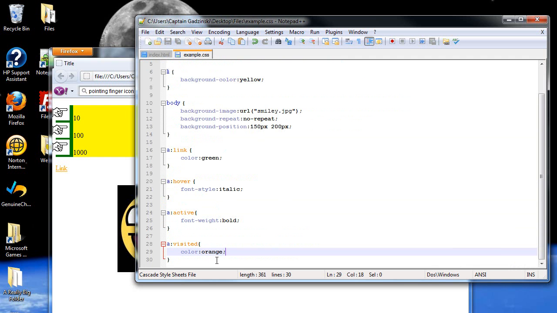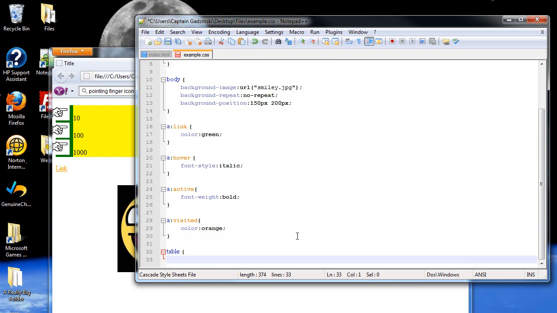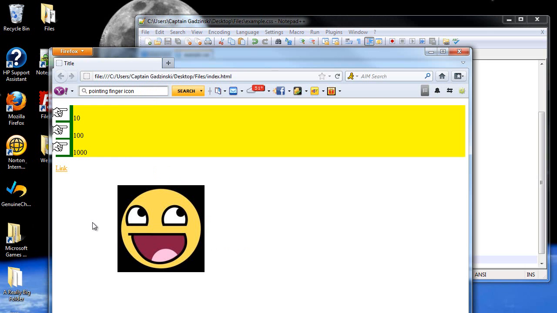So for table, just type in table, and then within these tags, let's change what the border looks like. So first of all, border style, let's make it dashed. Border width, let's make it, I don't know, 3 pixels. So let's see how that comes out. I press F5 and